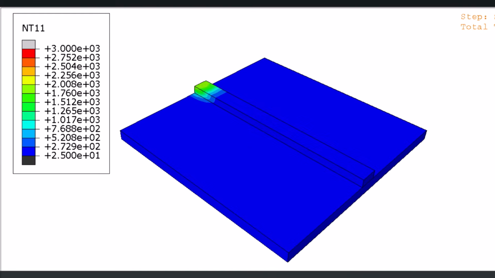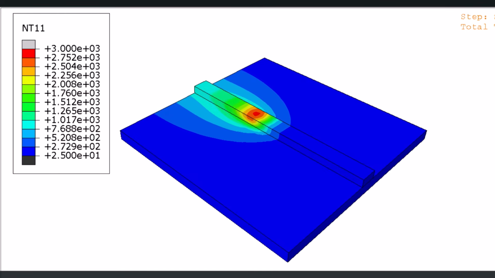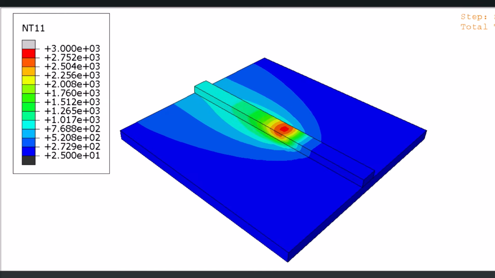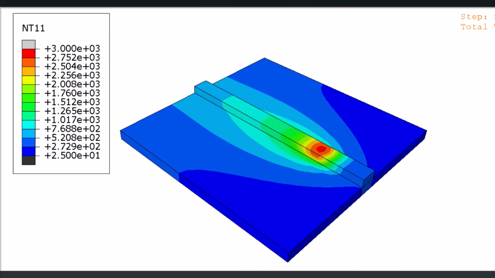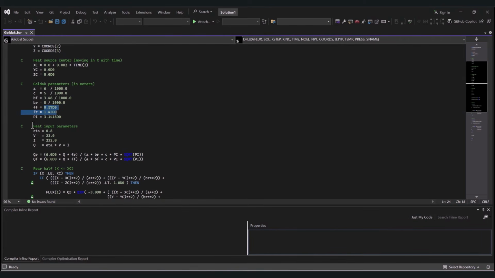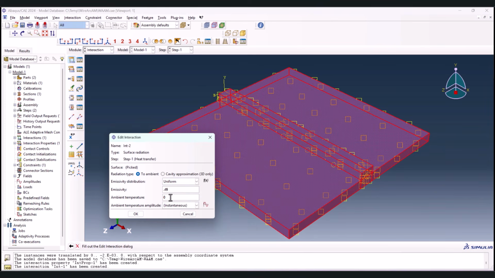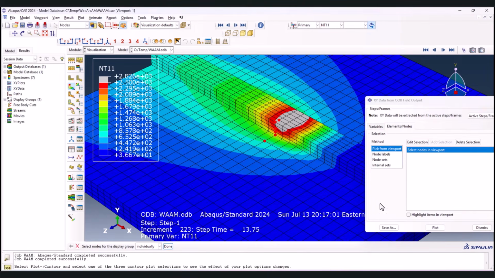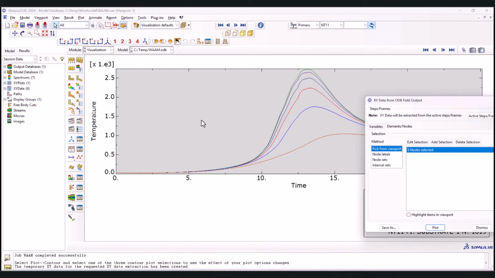In this video, I'll walk you through arc-based additive manufacturing simulation using the Goldak DFLUX subroutine. In Abaqus, we'll simulate a moving heat source to model the wire arc additive manufacturing process step by step, including how to define the heat input, mesh the part, set the boundary conditions, and interpret thermal results with full thermal